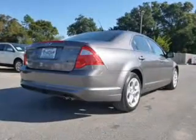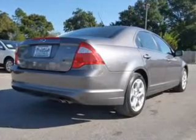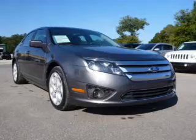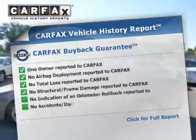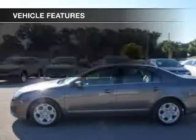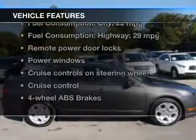The powertrain includes front-wheel drive with an efficient 4-cylinder engine that responds smoothly to its automatic transmission. Brake safely with the anti-lock braking system. An included Carfax Vehicle History Report allows you to purchase with confidence and the knowledge that your buy was a smart choice. And with these notable features, you won't want to miss out on the opportunity to own this amazing